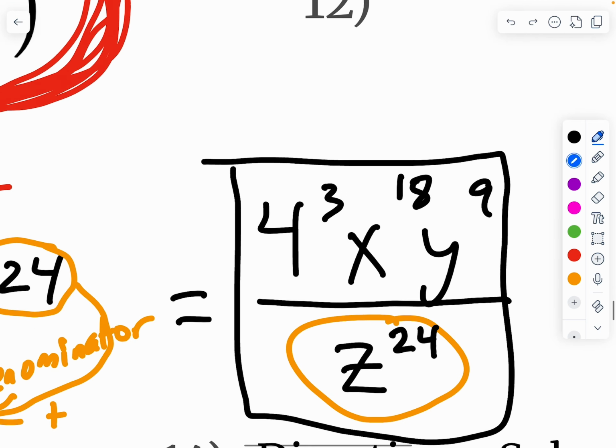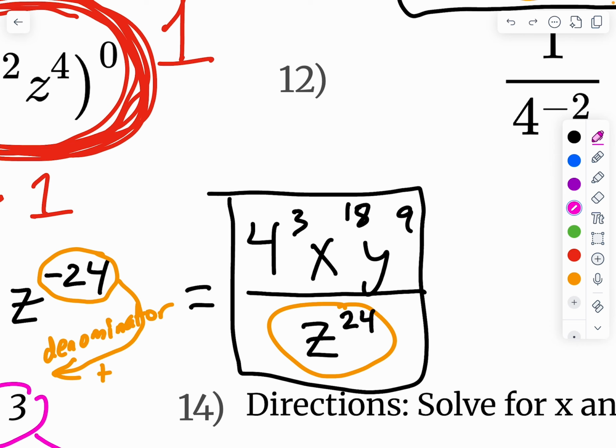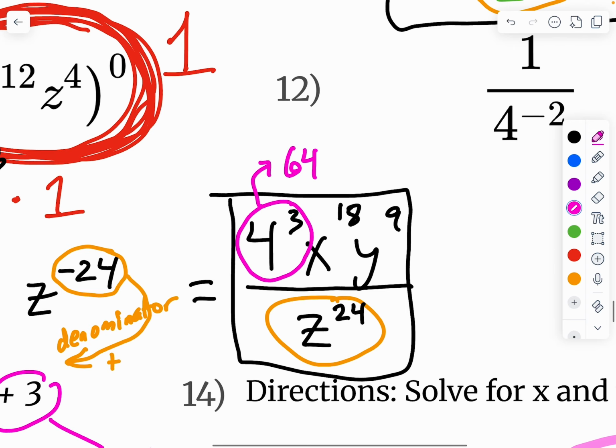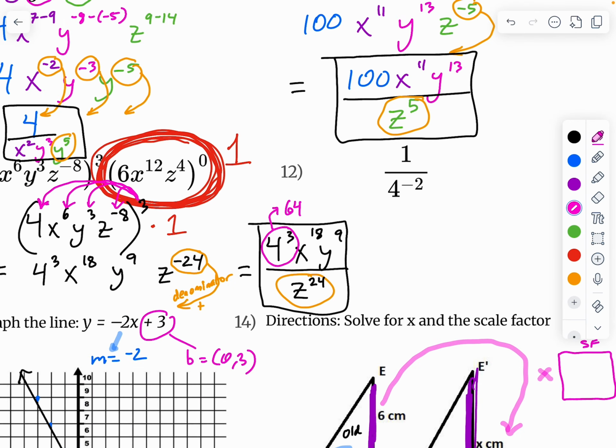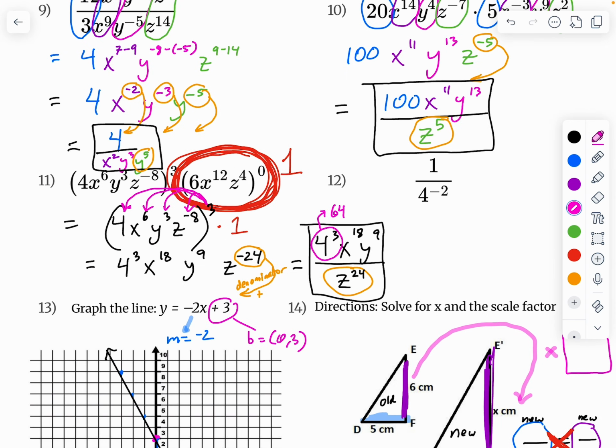Do you know what 4 to the third power is? Technically you could write 4 to the third power as 4 times 4 times 4, which happens to be 64. You're like, what do you mean 64? Well, 4 times 4 is 16. 16 times 4 is 64. So technically you could write 64. Do you have to? No. But if your teacher says to,